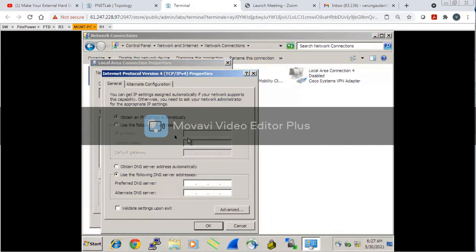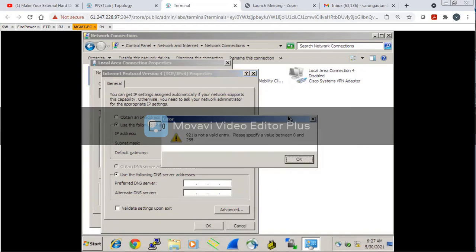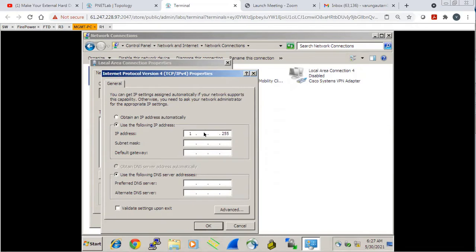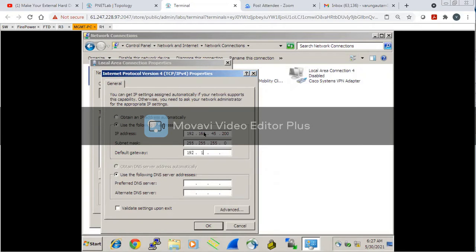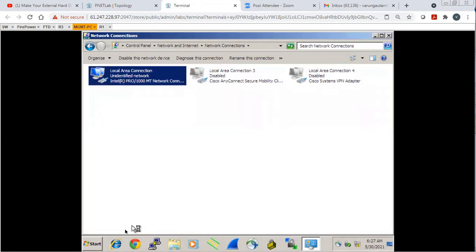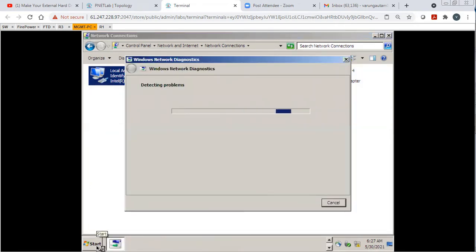In the properties, the IP address would be 192.168.45.200, and the gateway would be 192.168.45.1. We'll check the reachability from the management PC to the SVI, which we have defined on the switch.